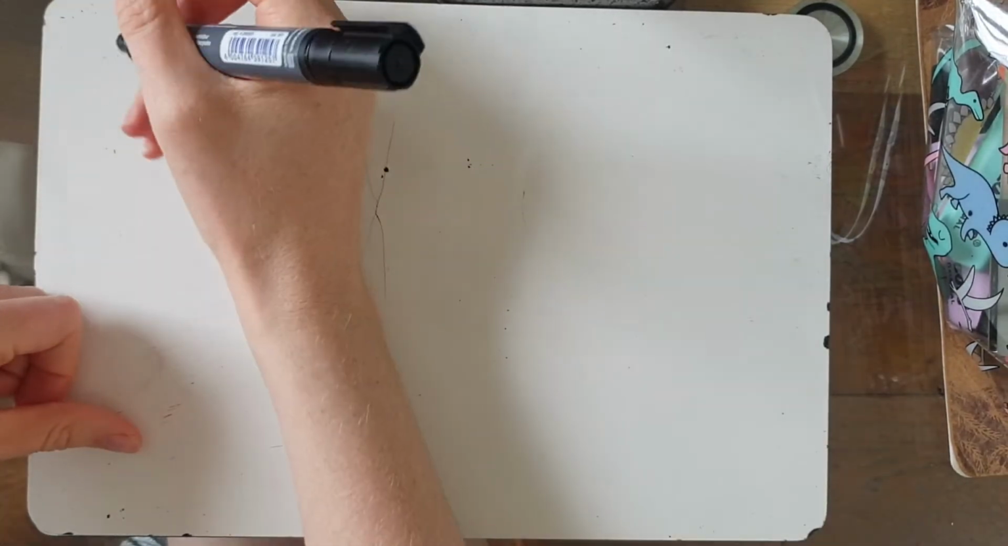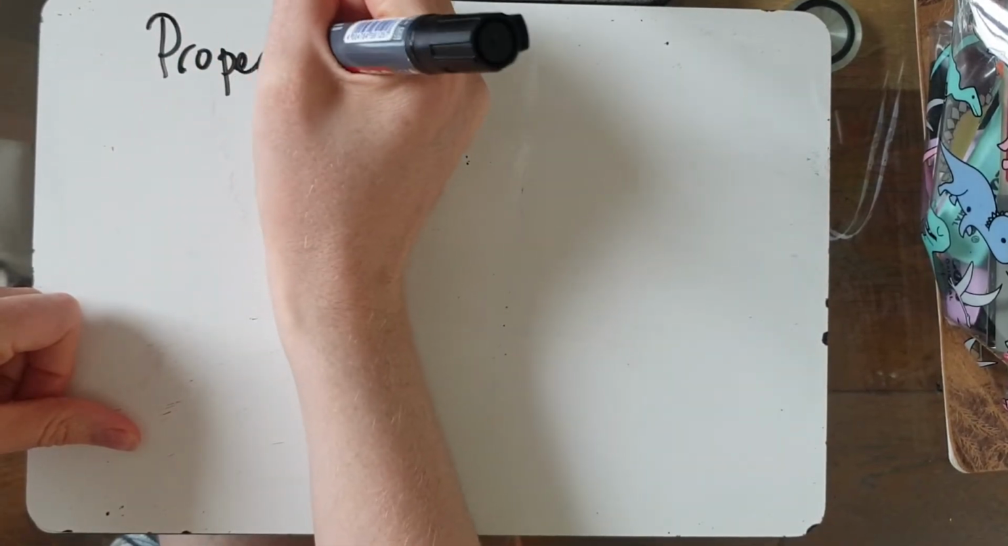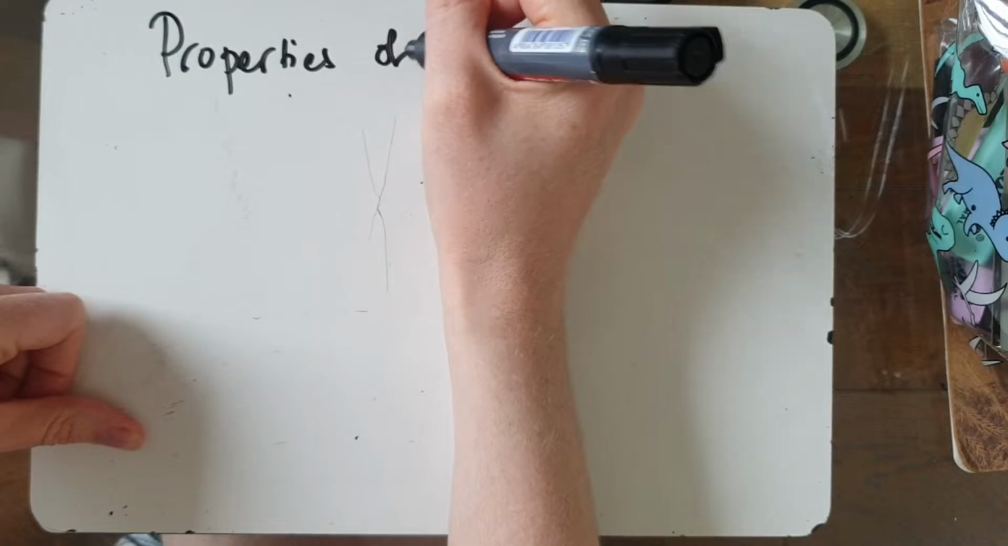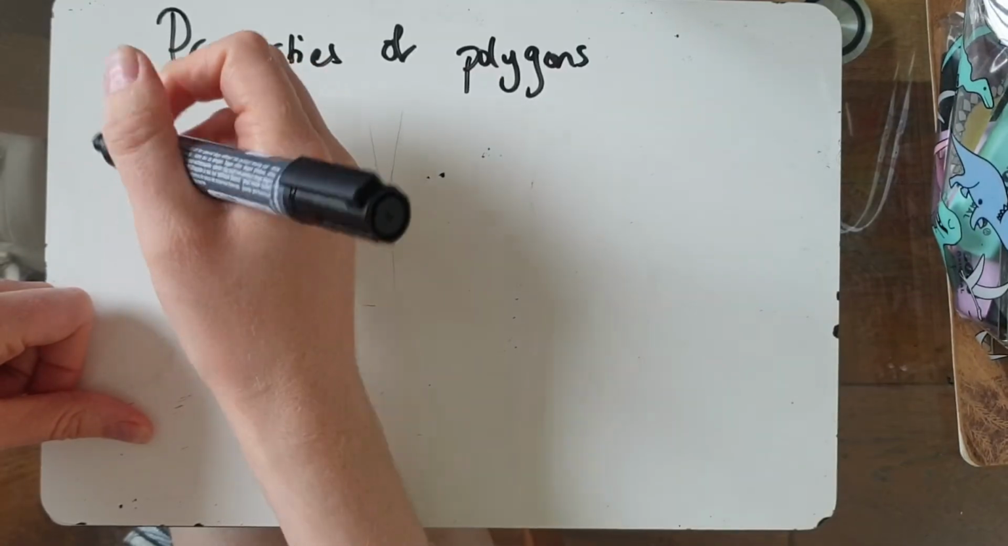Today's lesson is on properties of polygons. You've seen quite a few polygons at this point. So a polygon, let's write down the title, Properties of Polygons. A polygon